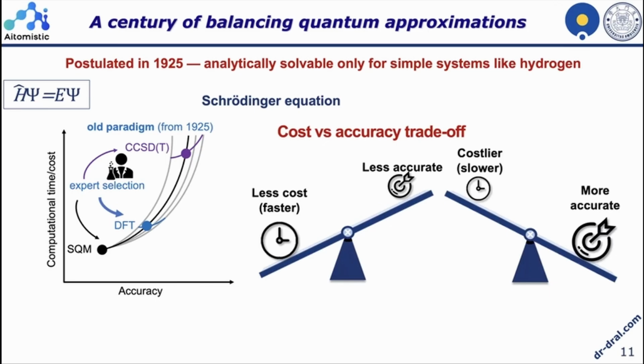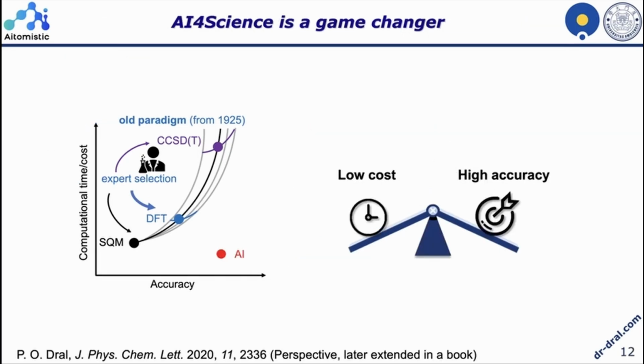And if you want something more accurate, it's very often unaffordable for your applications. So that was the motivation for all these machine learning potentials now, because they really break through these limitations, so they can achieve low cost and high accuracy. But at the end, they are still based on the same Schrödinger equation. They just learn implicitly through the data